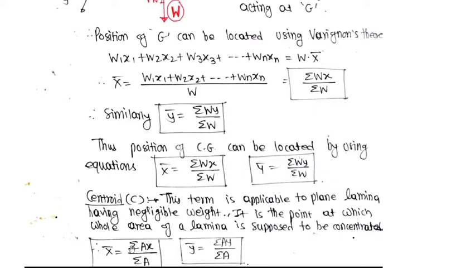So, x bar is equal to summation Ax upon summation A, y bar is equal to summation Ay upon summation A. Again, while solving the problems, I will explain what is the meaning of summation A and how to calculate summation A, summation Ax and summation Ay. So, you have to use these two equations only, that is all, and this unit consists of problems based on these two equations. Now, let us move to the second part.